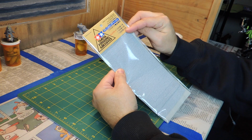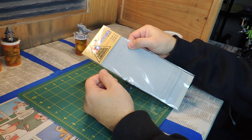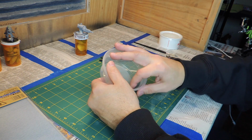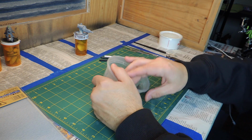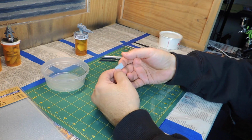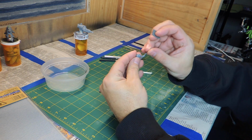at another place. And to my understanding, the grit is so fine, it goes all the way up to 2000, and it goes in different levels. Now, I cut out a couple pieces, and I keep it in this little bowl here. And after getting it,